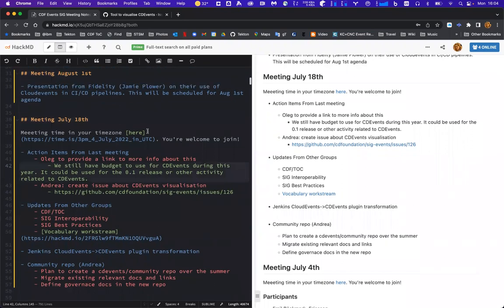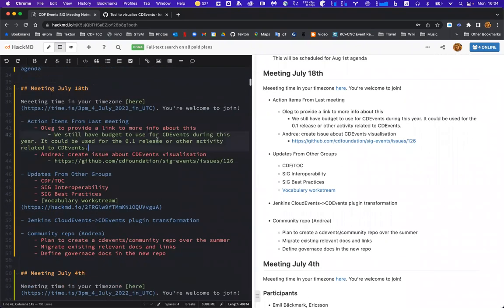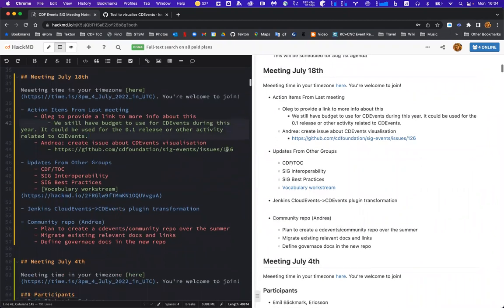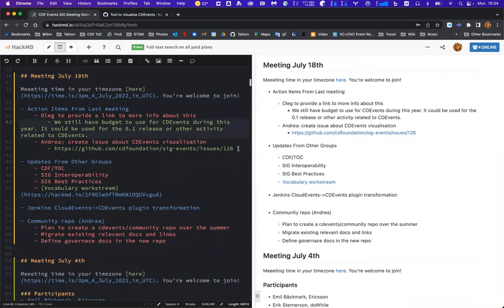As we discussed last time, we still have this budget available for events that we can decide how to spend. Last time we discussed a professional doc